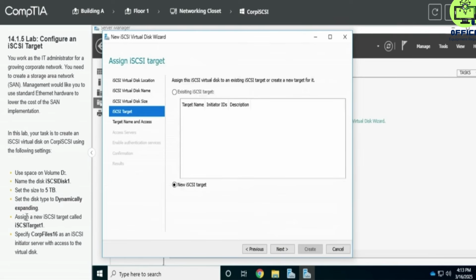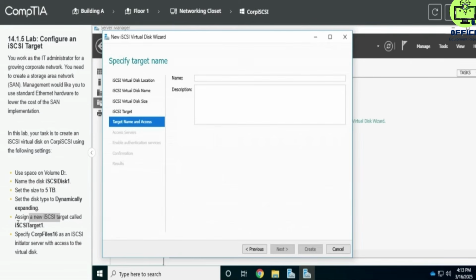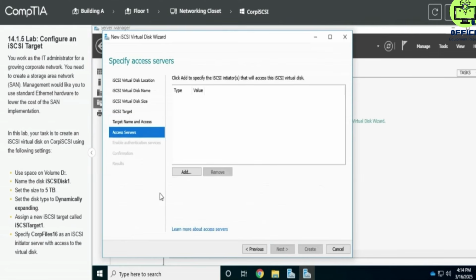So we're going to assign a new iSCSI target called iSCSI target 1. So we click next, and then we enter the name iSCSI target 1, and we click next. And then we are going to specify CompTIA 16 as an iSCSI initiator server